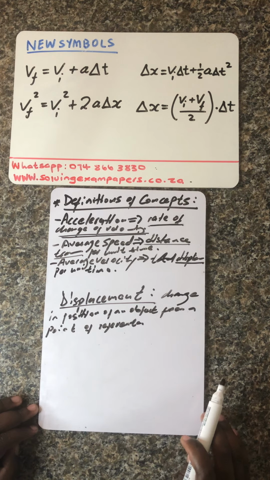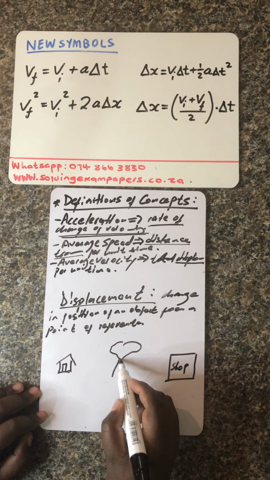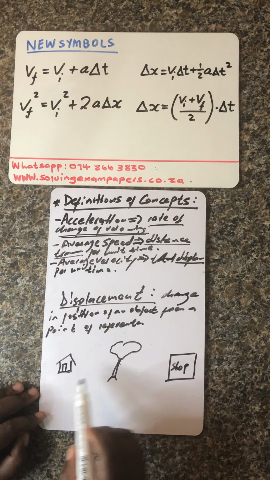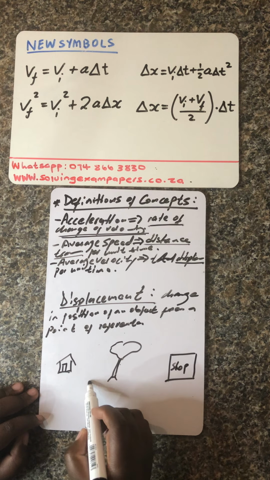Okay, so ladies and gentlemen, can I go deep into explaining the displacement? Let's say this is your home. Okay, this is your home, and then you're going to a shop. Okay, so you're going to the shop to buy some bread. Okay, and in between your home and the shop, maybe a few streets, after one street there's a tree, and then this is another street, this is another street,